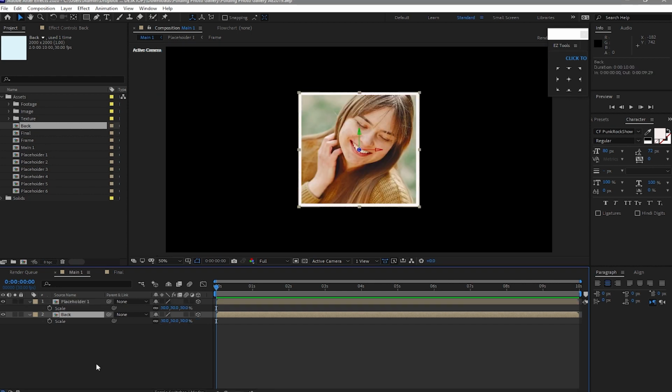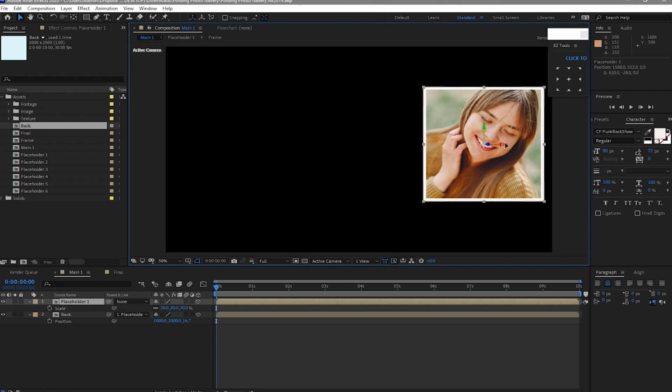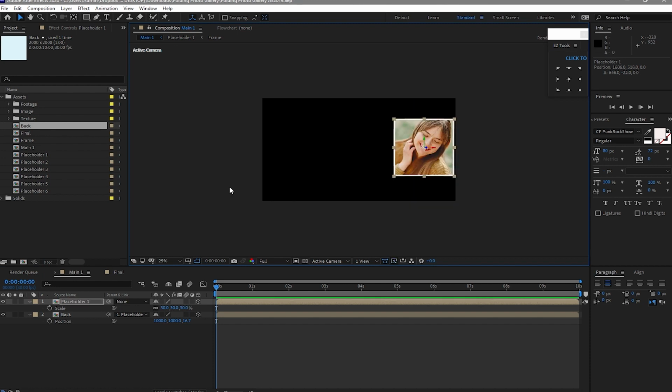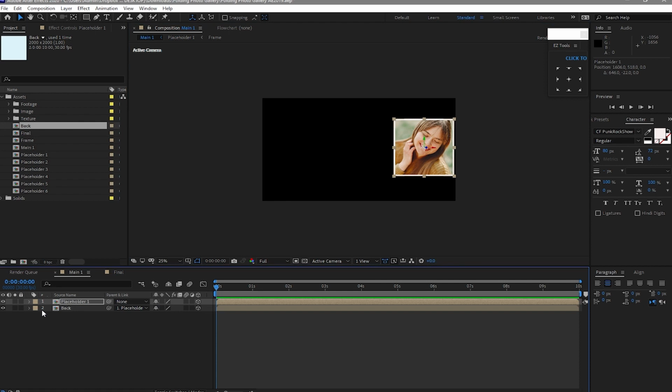Press P for the position of the Back. Change this value to about 5 pixels on the Z position. And then after that, all you have to do is to parent this to Placeholder 1. Click Placeholder 1, move it to the rightmost side of your canvas, zoom out a bit. After this, all we have to do is to duplicate these 2 layers